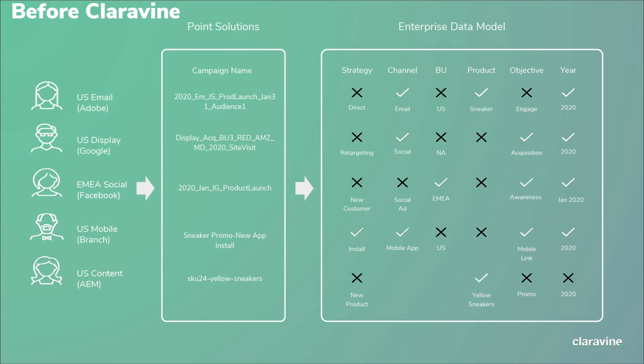And so if we break that apart and take a look at the logic, or the data model, that went into creating that naming convention, you can see here that there are bits and pieces of information, fragments that are filled in by different teams, some better than others, some in specific orders. In some cases, there are fields that don't necessarily make sense from a content or creative perspective.